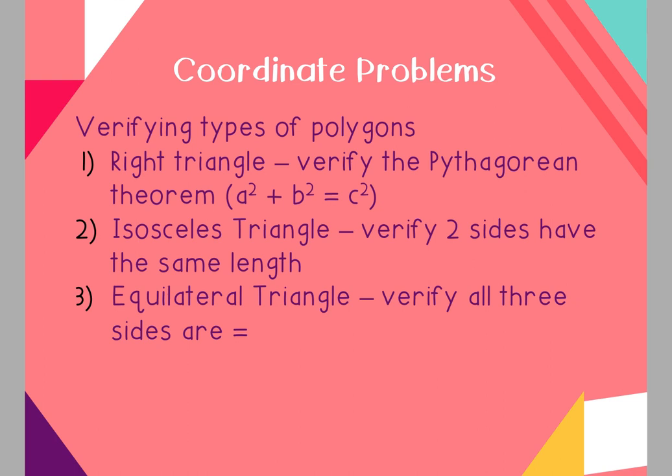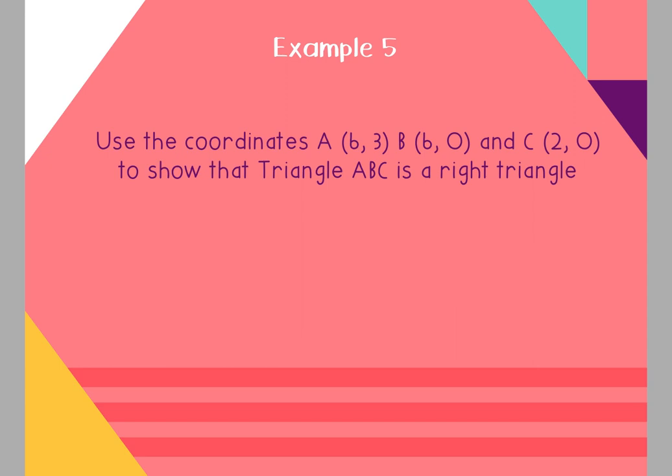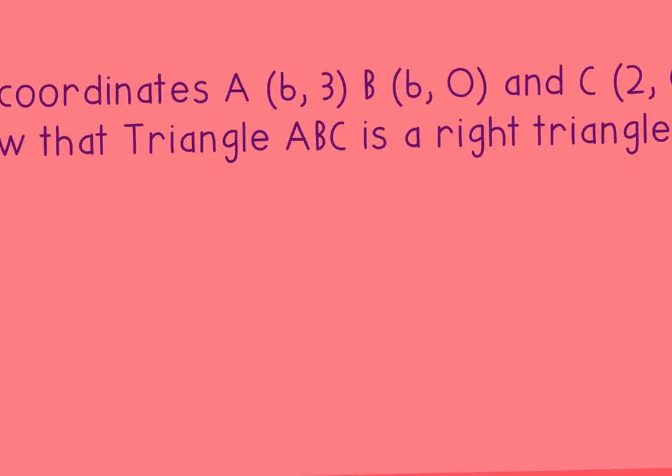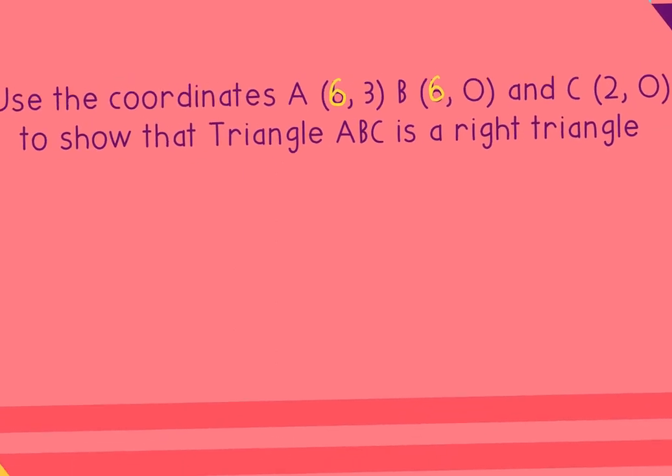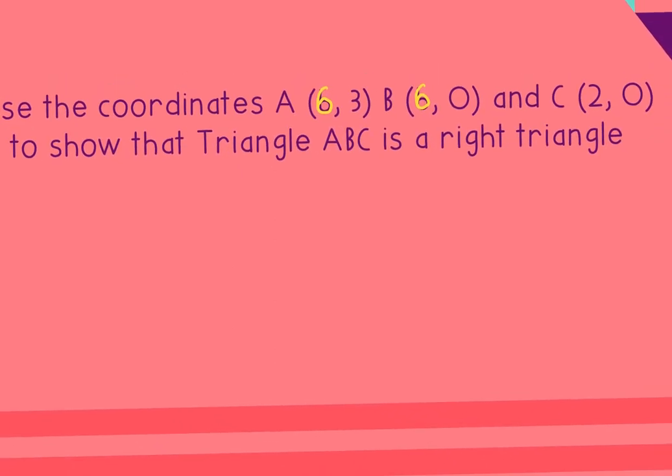Or it might say something like specifically show that this is a right triangle. So it's already telling you it's a right triangle. You just have to prove it. So using those coordinates, and this font is super cute, but it also makes the 6s look like B's. These are 6s, okay? Using these, I'm going to classify it as a right triangle. So I can graph this. There's a benefit to it because you can either visualize it or also count, 1, 2, 3, 4, 5, 6, 1, 2, 3. If I plot these,